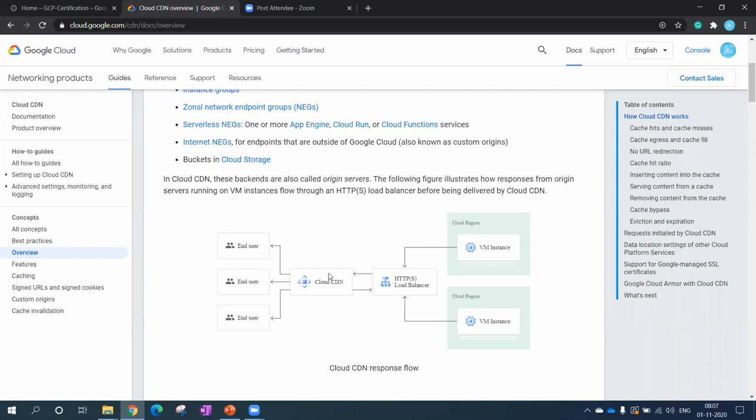So that is the common terminology they mention: cache fill, cache miss, cache hit. Cache hit means sending the data back to the customer. Cache miss means the first time the request comes, the CDN doesn't have any data to serve to the customer, so it will go back to the origin. That process is what they call cache fill. And every cache has some expiry, so they use cache control to control the expiry of the data. Then there is one more terminology they call cache ingress.